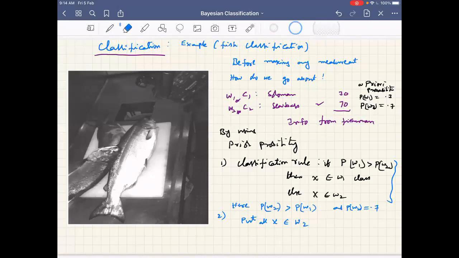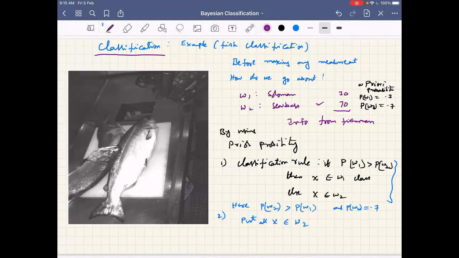Let us write omega 1 itself then. From now on, the notation omega 1 I am using for class category. Omega 2, omega 1, and the probabilities of them will be whichever notation I am introducing, please make a note of it.